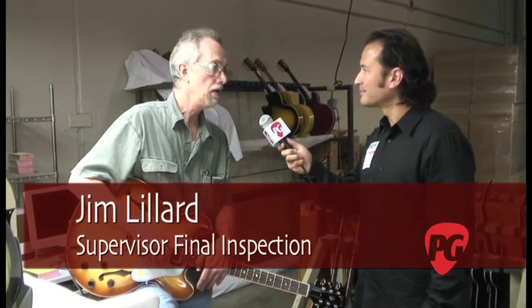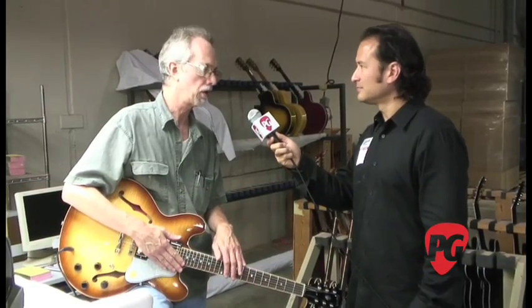This is the final stage before it gets in the case, right? Correct. This is the final inspection here at Gibson. The guitar's already been inspected as far as the paint job and the fretwork goes. So what we do is we look at the guitar after it has been built and adjusted here in final